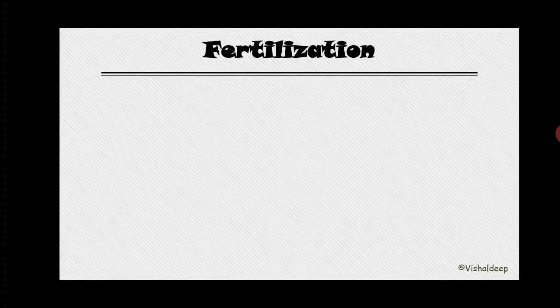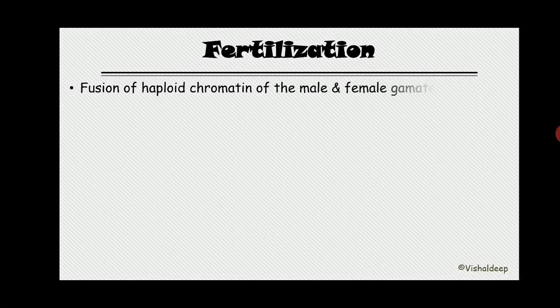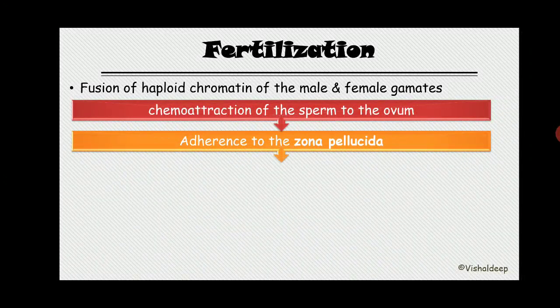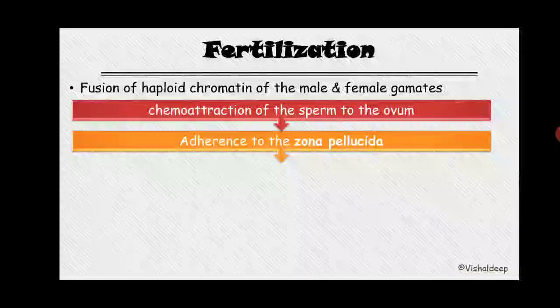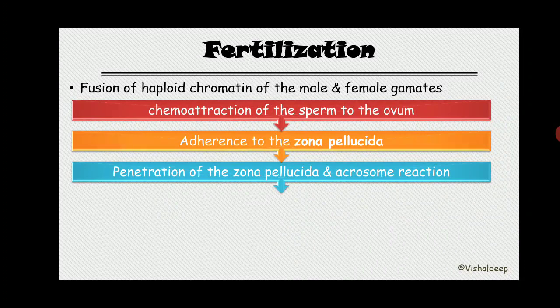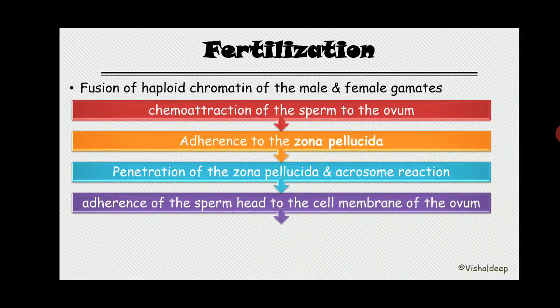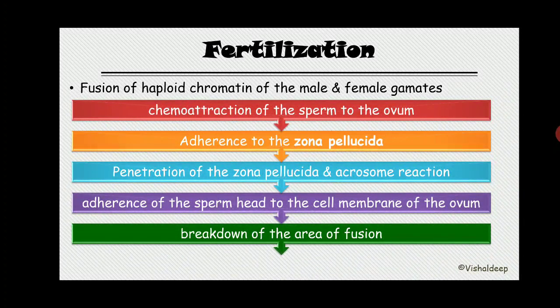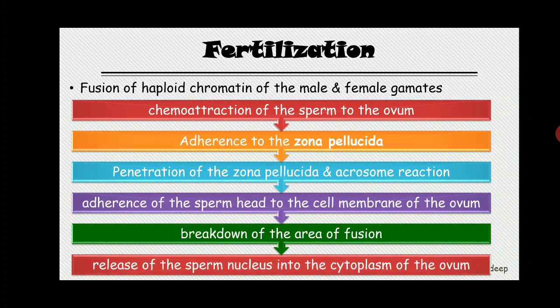So there are various events taking place one by one in order to achieve fertilization. First, let's enumerate the events. The first event is the chemoattraction of the sperm to the ovum, then adherence of the sperm to the zona pellucida. Now you know that the zona pellucida is the covering of an oocyte, right? The third event is penetration of the zona pellucida and the acrosomal reaction. Then adherence of the sperm head to the cell membrane of the ovum, which is known as the oolemma. Next is the breakdown of the area of fusion,